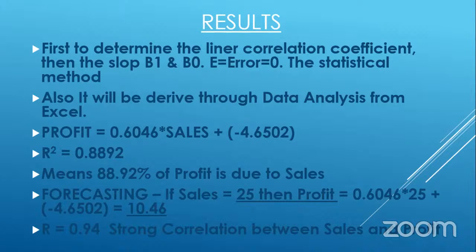The r is the correlation coefficient, and sy and sx are the standard deviations of y and x. The standard deviation is also used in the statistical method, and b0